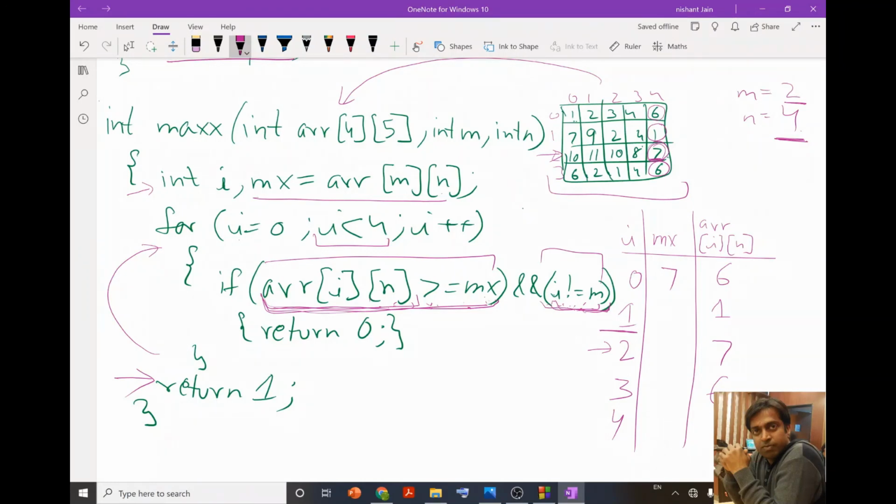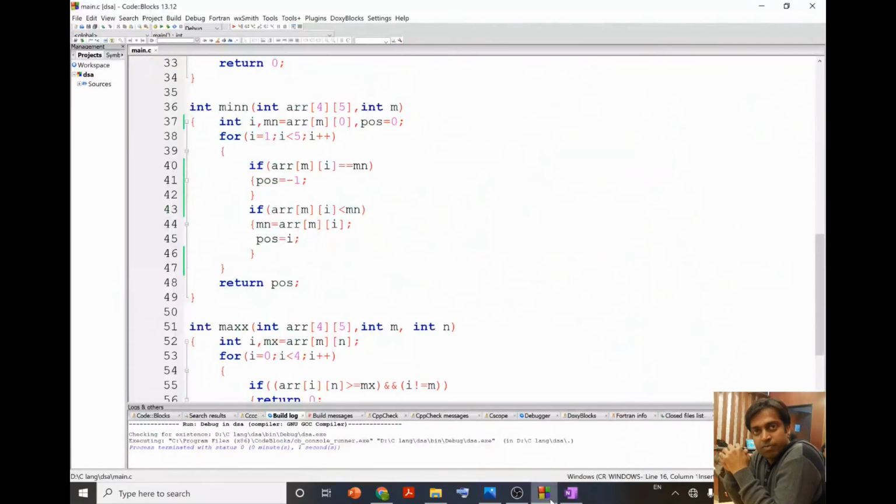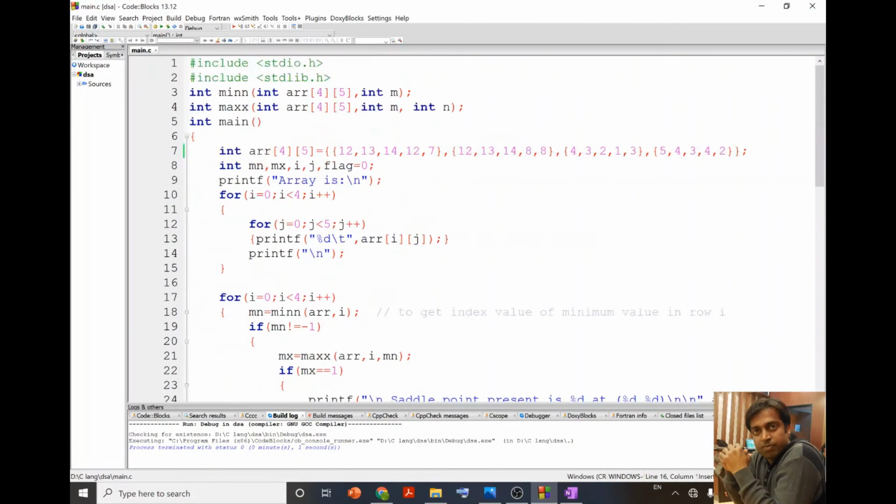Okay, now let me show you this program that we have discussed in the code block. Over here you can see that first I declared two functions. Then in the main function I declared the array, then the sum function. Here I print my array, whatever values I put.